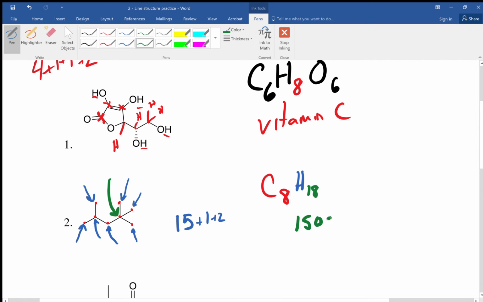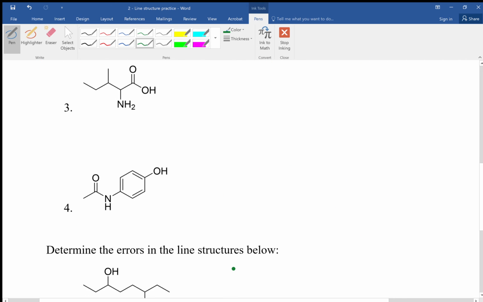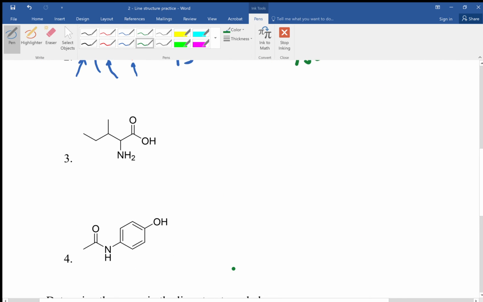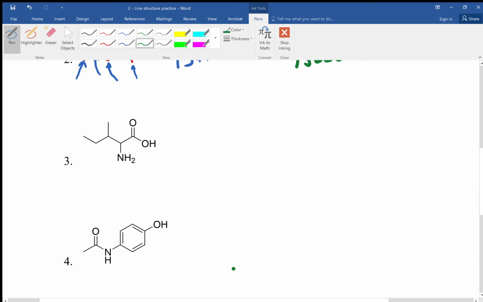And this molecule you may or may not have recognized is the line structure for isooctane. Now in C and D we also have